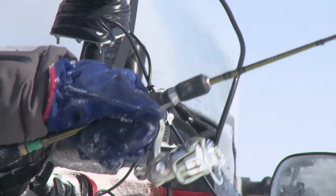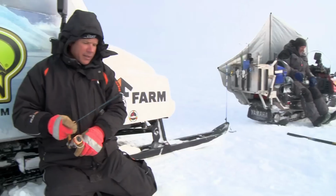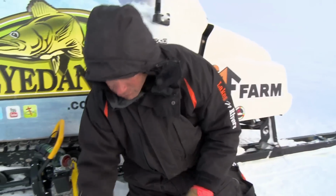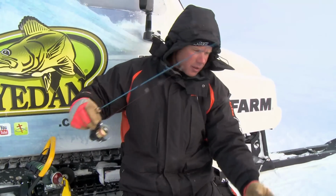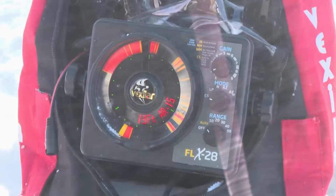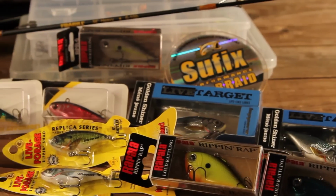Not closing the distance. We're going to have to start changing tackle tactics already. I think I'm going to go with the plastic right now. I attracted them with the old chubby darter there, but I'm going to drop in and whack them with this. These are bigger fish. They're just chowing down, and we're attracting them and catching them on big baits, big rattle